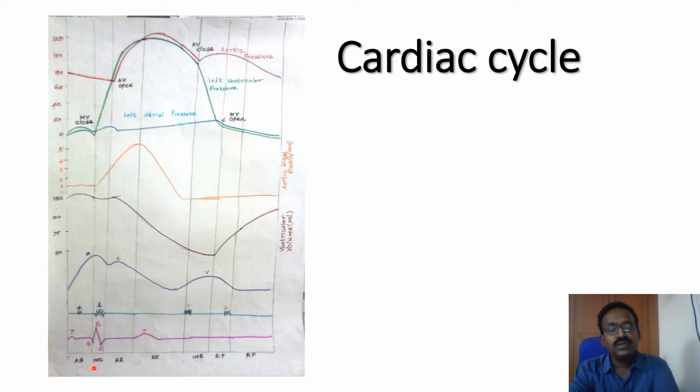So in the isovolumetric contraction phase, what happens? The mitral valve is closed, starting from the mitral valve closing. So the mitral valve and semilunar valves are all closed. It produces a contraction. It increases the left ventricular pressure from 0 to 80 millimeters of mercury, and it also produces the